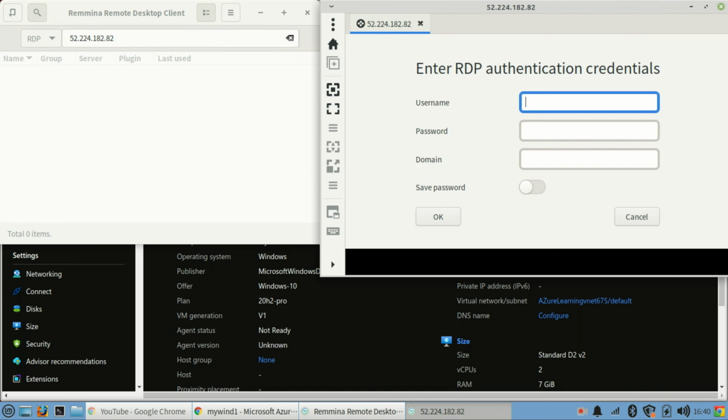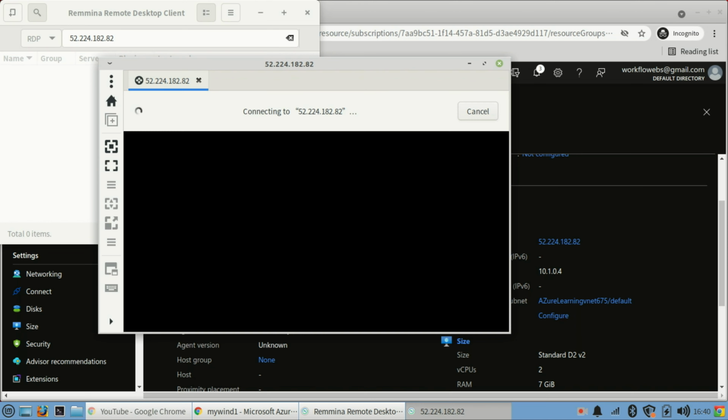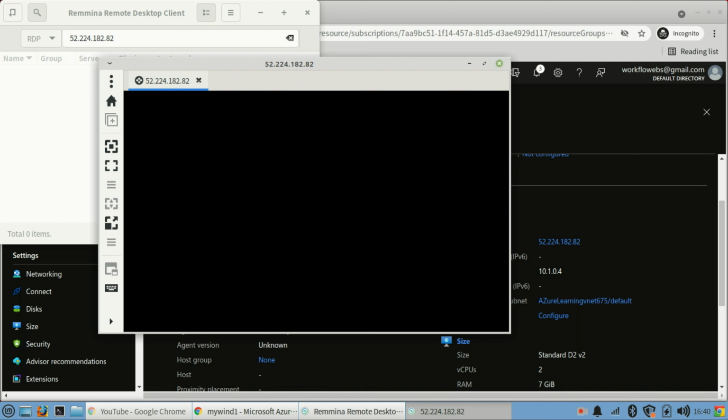To accept the certificate, I will accept, and it will ask me to connect. Okay, so first it will ask me to connect to the particular machine. So what I will do, I will enter my username, and domain you don't need to give any.